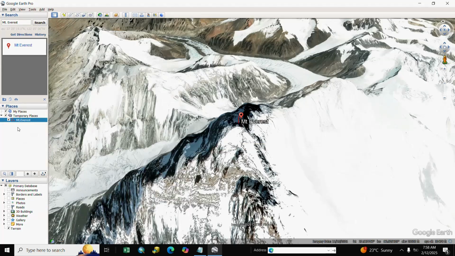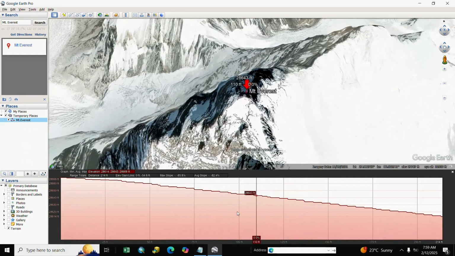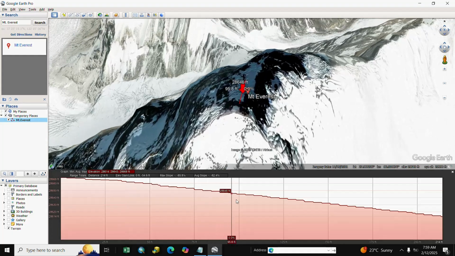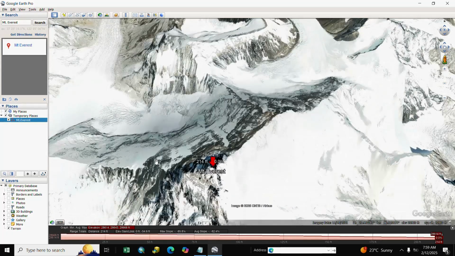After that we right click our folder Mount Everest and go to show elevation profile, and we see the elevation here, 28,668 feet. You see here, and you can also zoom. You see the distance here and the arrow goes up to down.